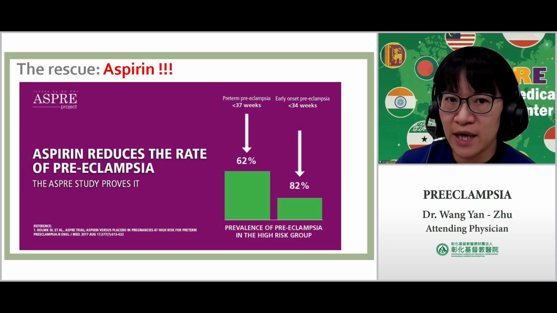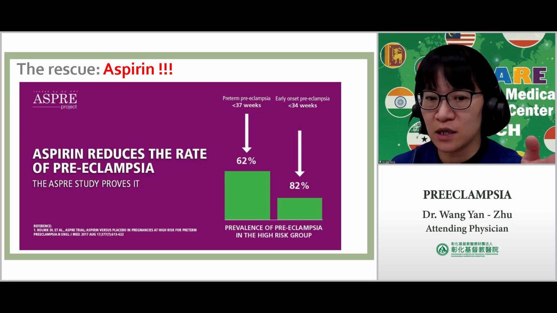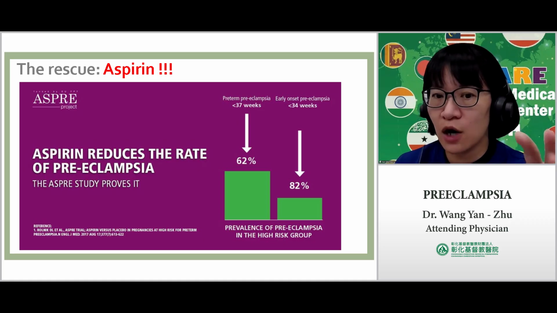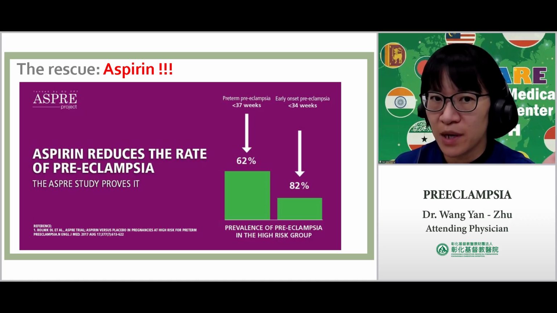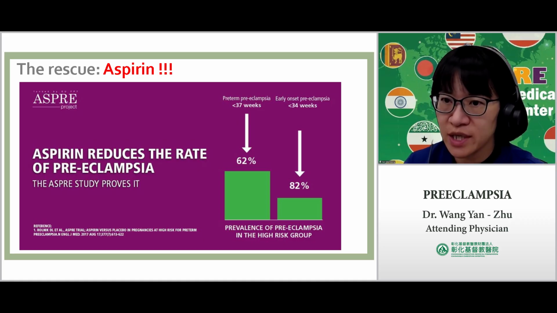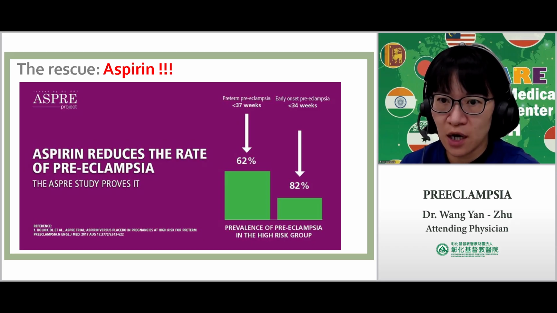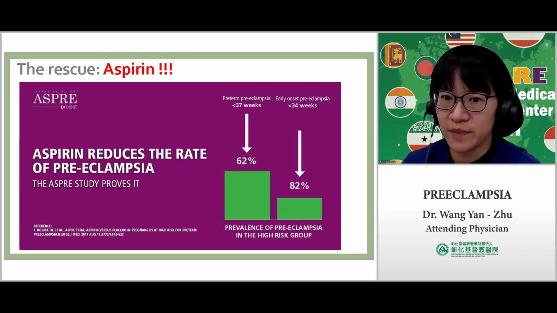But if we can use the aspirin from early on, knowing that it's a placenta disease, so if we help the placenta to grow better by using aspirin, then we can have less and less early onset preeclampsia. So that's the most important information today. Like we do the risk factor checkup by maternal factors and by using the FMF method, then we find out the high risk group